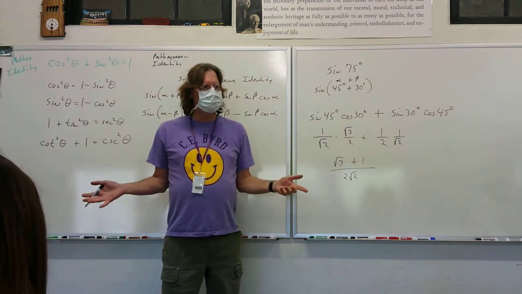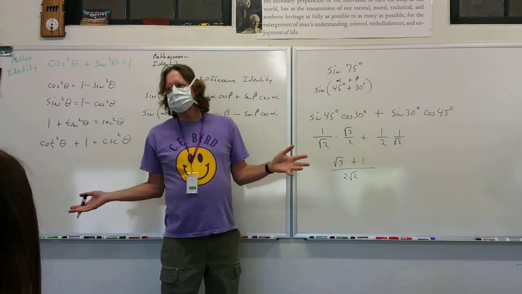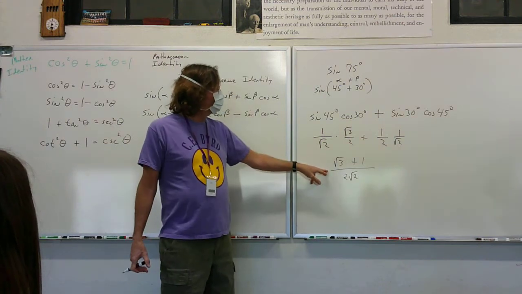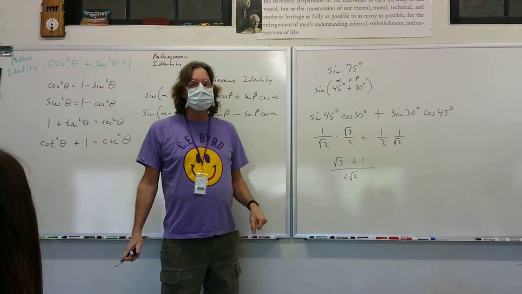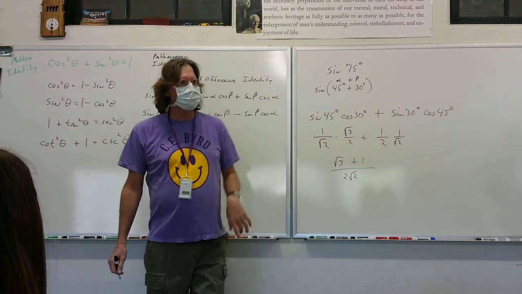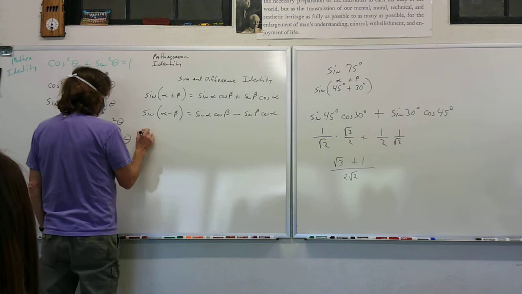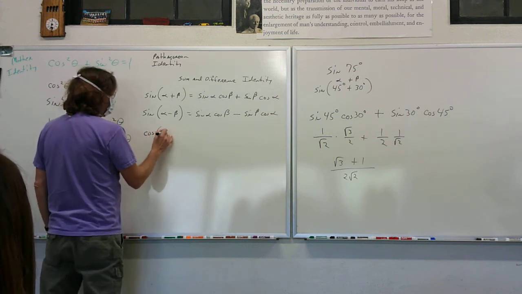Is everybody? I'm seeing some blank eyes. I'm seeing some people going, yeah, I understand what you mean. In other words, once you knew this number, you could use it to find more. All right? Okay, now, and there's sine. Let's do the cosine one. The cosine of alpha plus beta